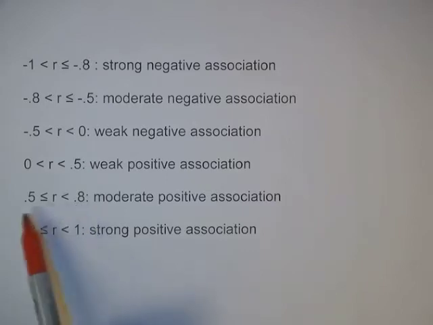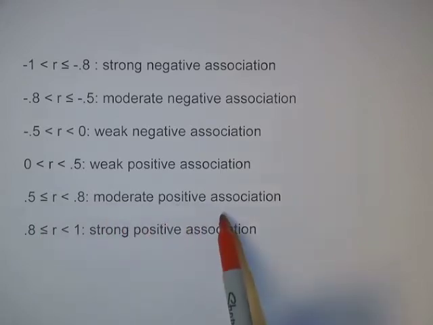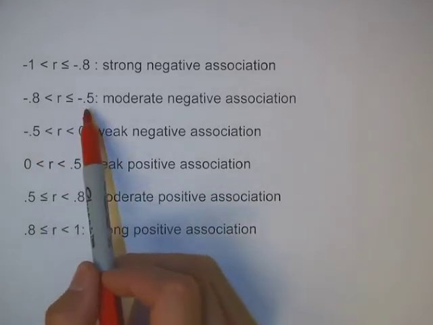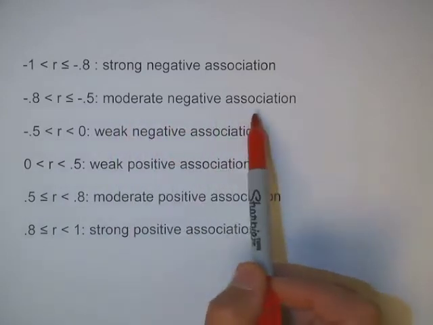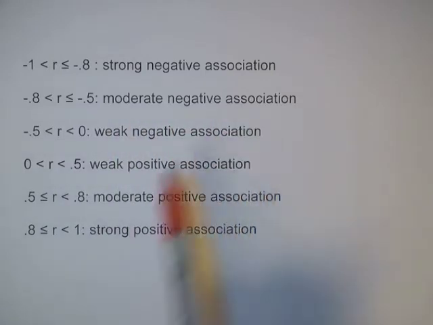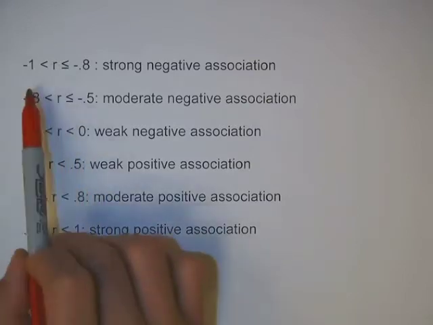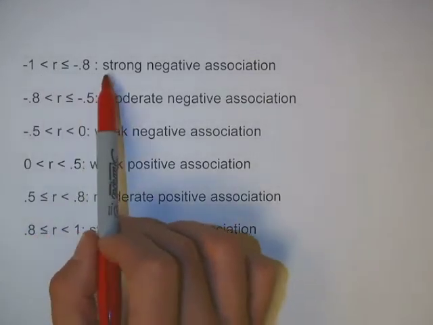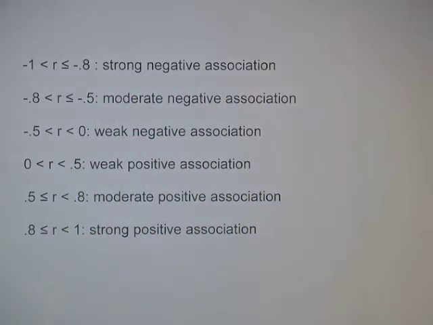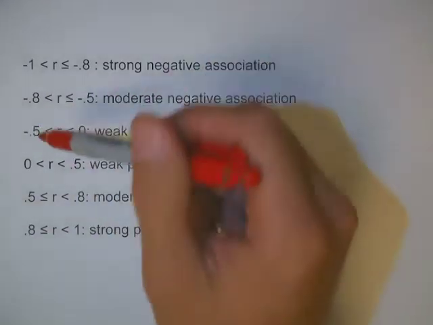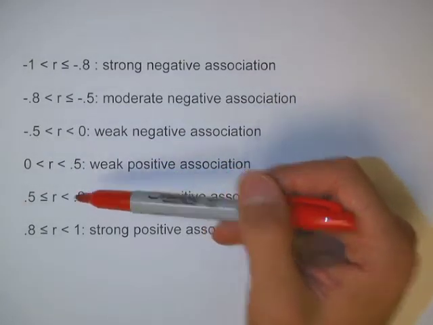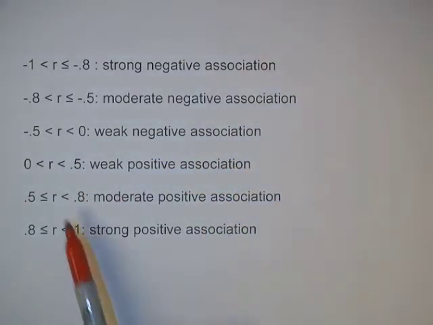If it's 0.5 to 0.8, so if it's right on the boundary of 0.5, then it's considered a moderate positive association. If it's from negative 0.8 to negative 0.5, then it's a moderate negative association. Anything from 0.8 to 1 is a strong positive association, and anything from negative 1 to negative 0.8 is a strong negative association. The important boundaries to remember are 0.5 and 0.8. If it's equal to 1 or negative 1, then it's either a perfect positive association or